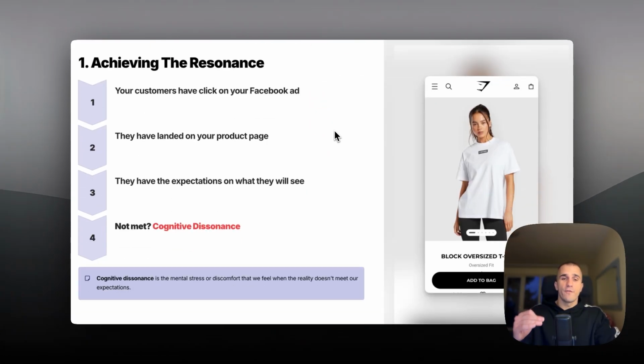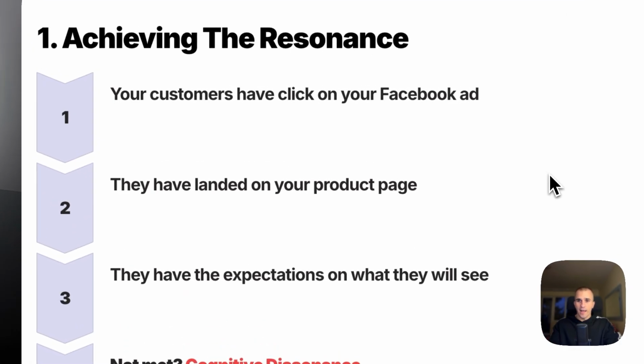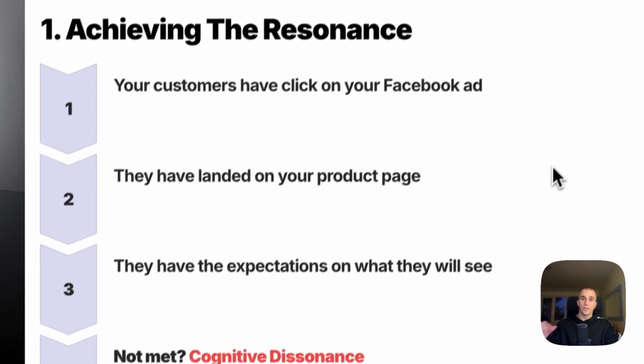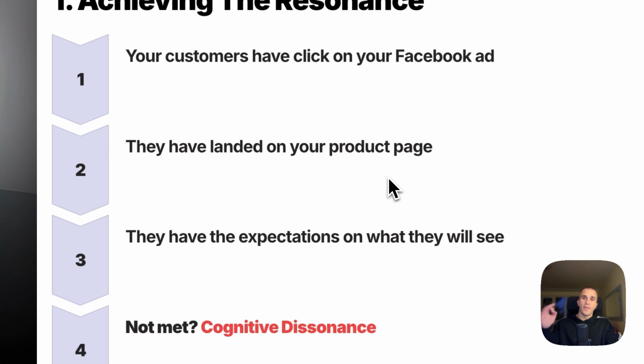store. So the first step for building the $1 million Shopify product page is to achieve the resonance with your visitors. So what I mean by achieving the resonance. Let's say your customers have seen your ad on Facebook, they have clicked on it, now they have landed on your product page. And the thing that most e-commerce owners and marketers don't understand is that now that your